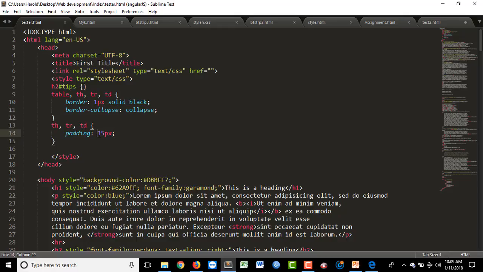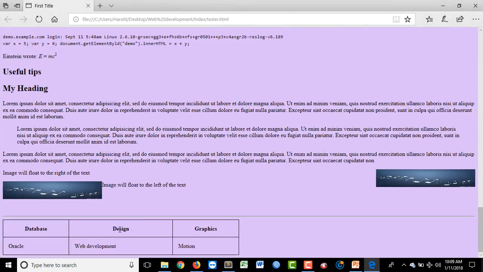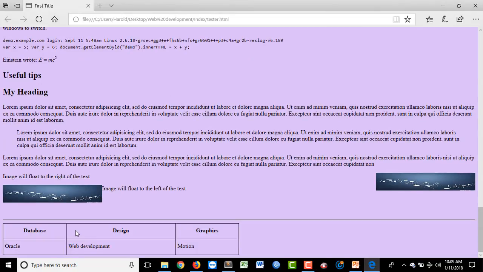So let's say I want to pad specific places around the box with 10 pixels, 5 pixels, 15 pixels, then 5 pixels. So it'll be 10 on top, 5 on the right, 15 under, and 5 on the left. So you could see that, but the difference isn't that much because the numbers are close